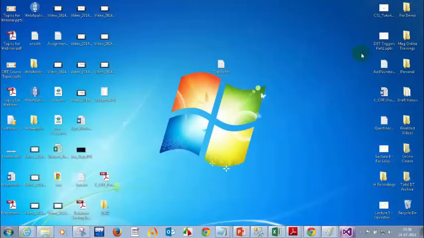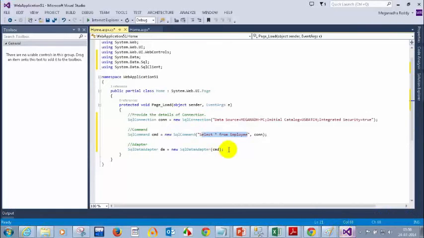So now we need to go back here and create a dataset. Dataset is to hold the values of a table. So dataset ds is equal to new dataset. Now we have the data adapter with all the details of command and connection, and we have the dataset to hold the values from the table.